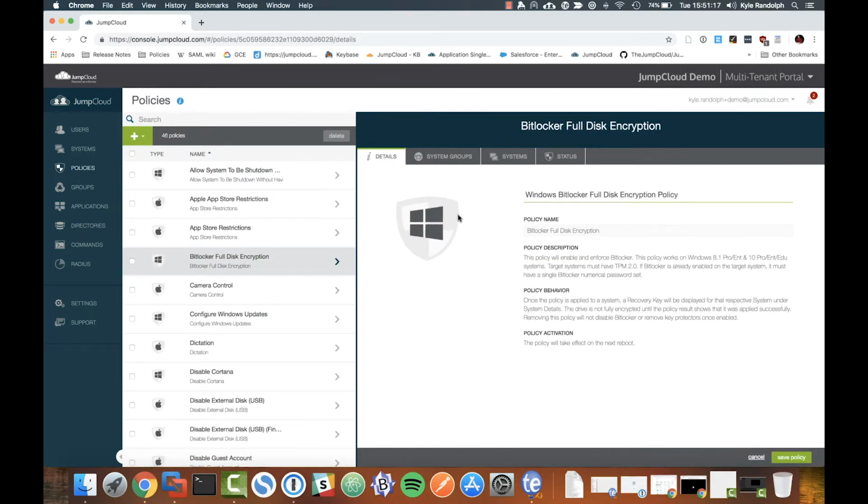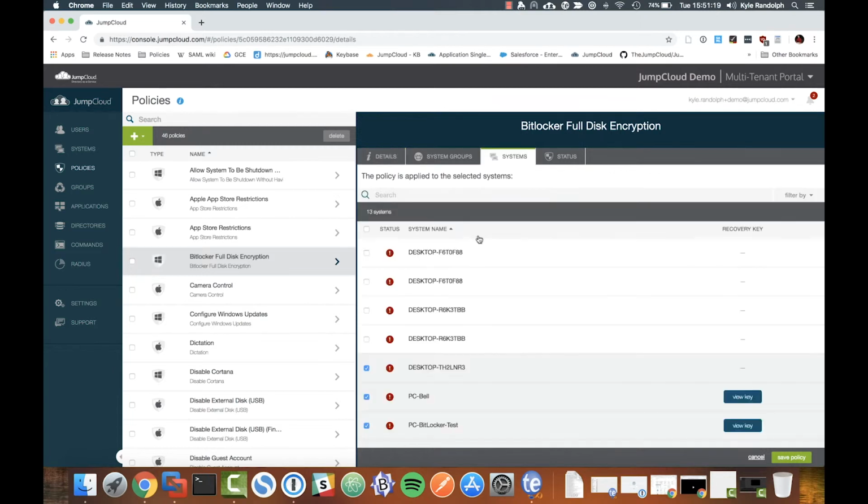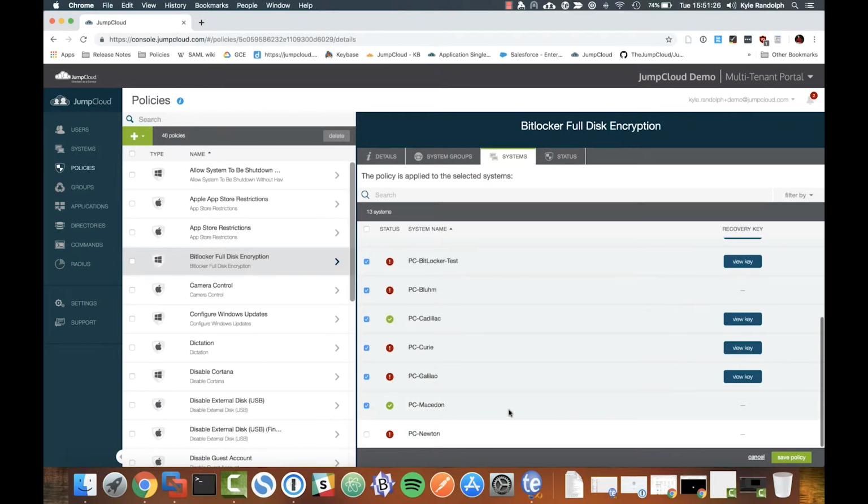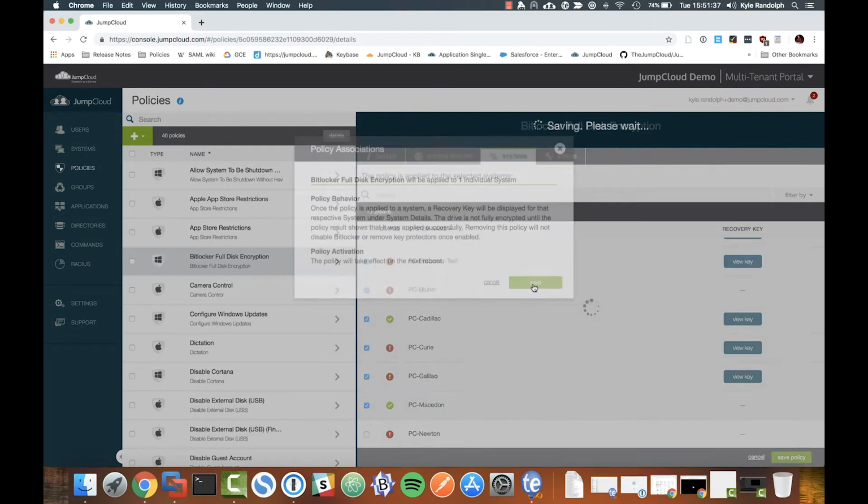So I'm going to navigate over to our existing BitLocker policy, the same one we used to enable BitLocker for PC-Cadillac, and we're going to do that for PC-Macedon, which already has BitLocker enabled. So I'm going to save the policy,